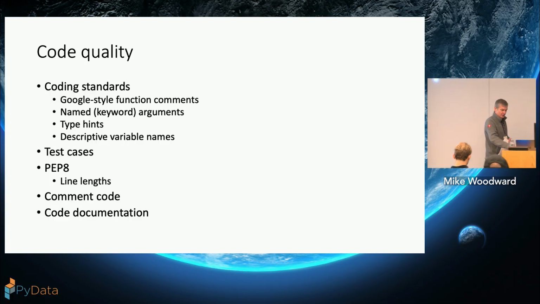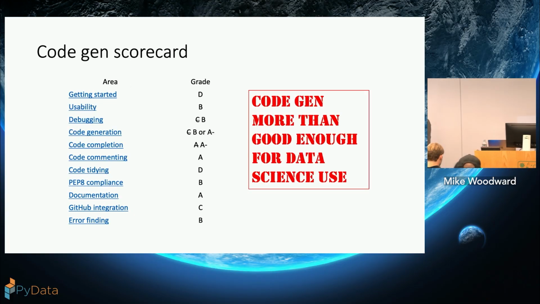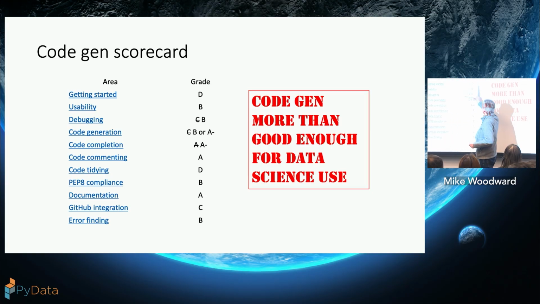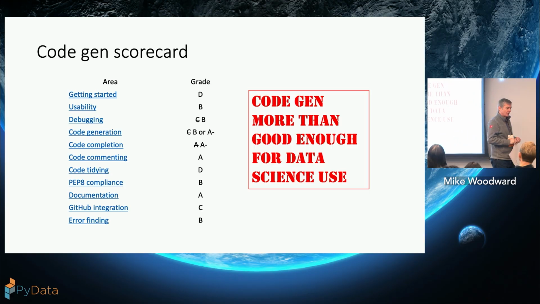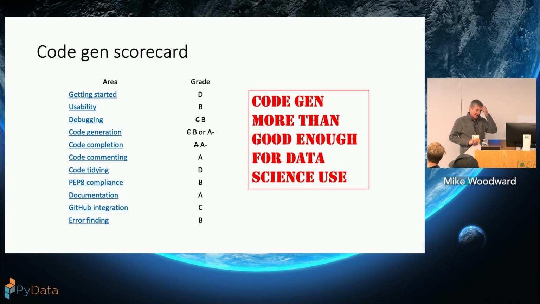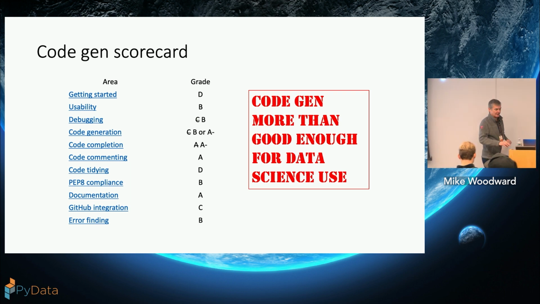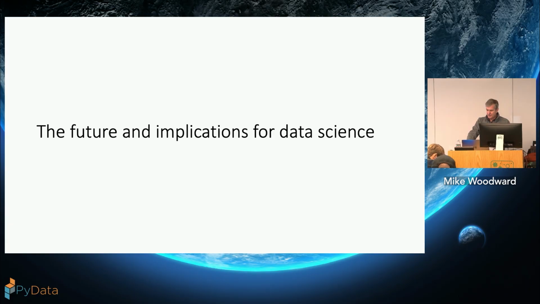So months ago, I scored CodeGen for data science on a scorecard, right? Notice, by the way, this score. We'll come back to that in the questions maybe. And I scored it on how good I thought it was. And then I revisited this score the other day, preparing for this talk, and all of the scores have gone up, right? The code generation quality has gone up, and I think this is more than good enough for data science. Okay, so some implications for you guys and everything.